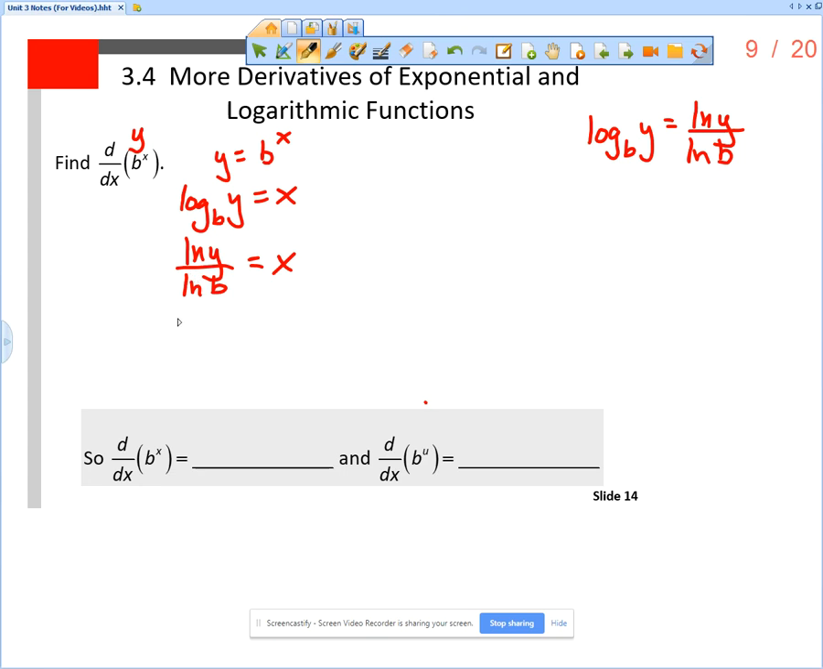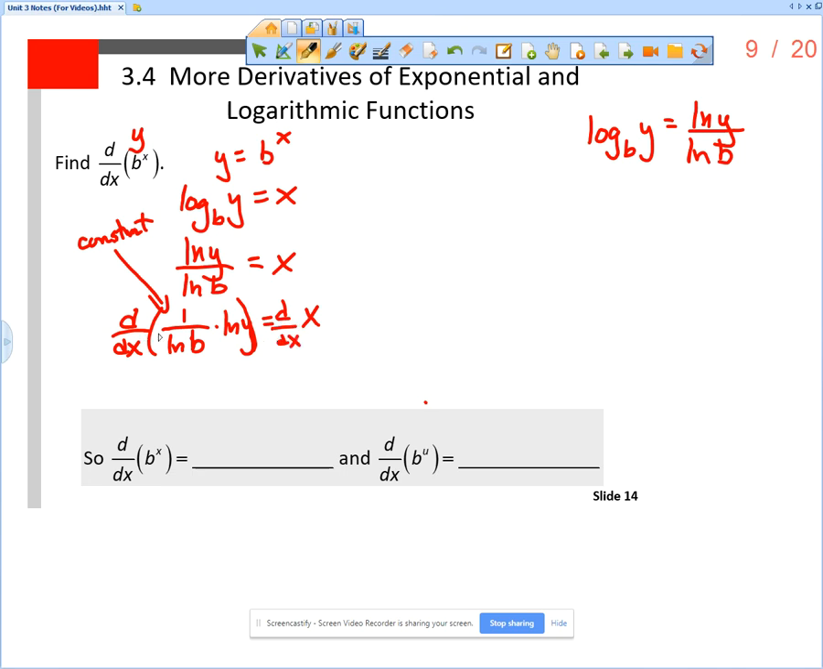Okay, I'm going to rewrite the left side as 1 over the natural log of b times the natural log of y equals x. All right, now 1 over the natural log of b. Well, what we have to remember is that b is a constant. So the natural log of b is a constant. And so 1 over the natural log of b, that whole thing is a constant. And if that is true, then when we take the derivative with respect to x of the left side,